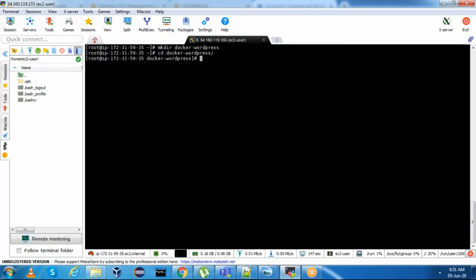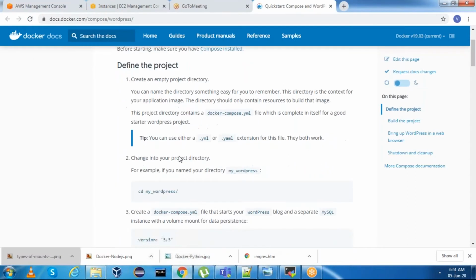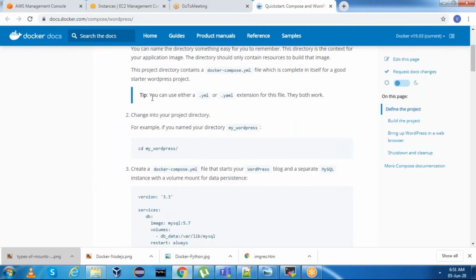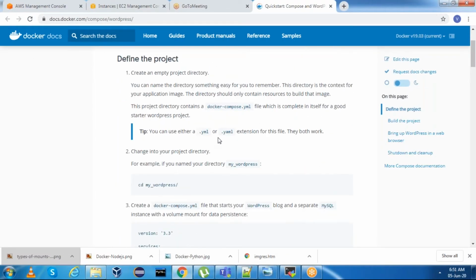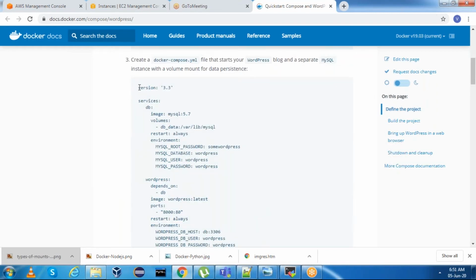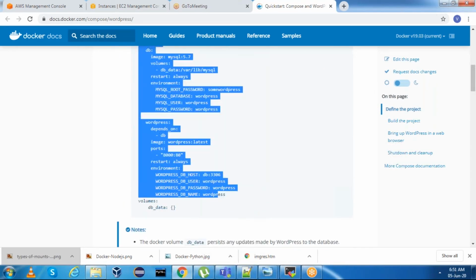Go into docker-wordpress and you need to create a file with extension .yml or .yaml. YAML is nothing but yet another markup language. HTML is hypertext markup language, right? YAML extension is yet another markup language. This is what we need to copy.